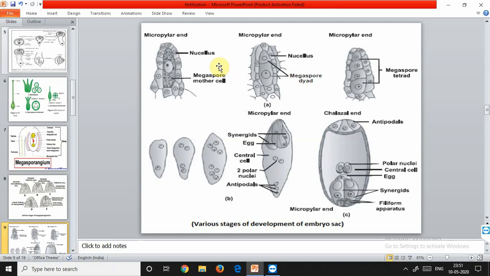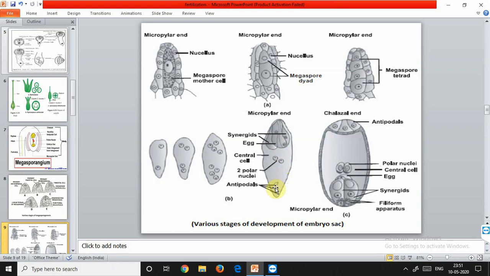The egg cell represents the female gametophyte. The synergids, the central egg cell, and this represents the female gametophyte. Now, the other 3 nuclei at the chalazal end also undergo cytokinesis, and then they form the antipodals. Last, these antipodals are formed. First, these synergids are formed, then the central cell is formed, and finally the antipodals are formed. Antipodals are formed by regular cytokinesis, that is the division of the cytoplasm.